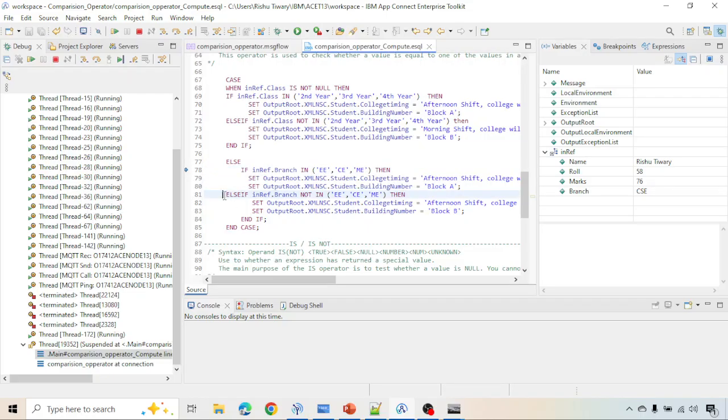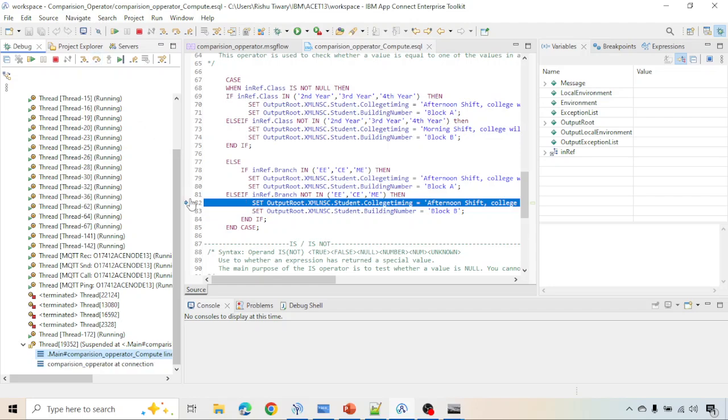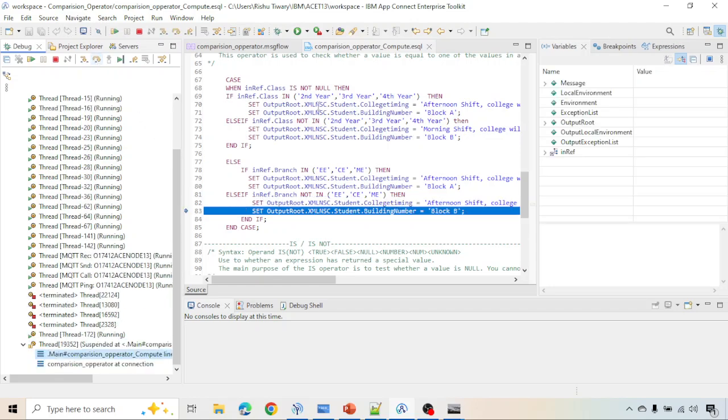And it will check the further else if condition, whether inref.branch is not present in this list. You can see electrical, mechanical, civil, it is not present in this list. So CSE is not present here, so this line of code is going to execute. You can see it directly came here,